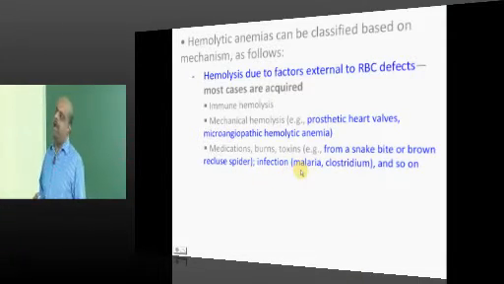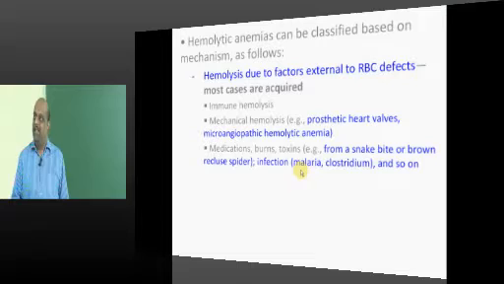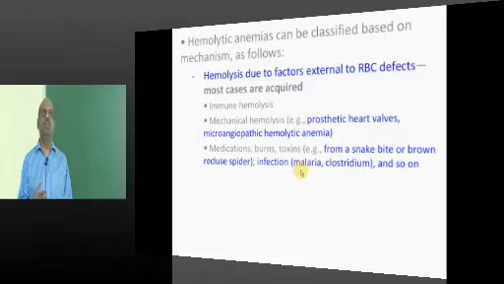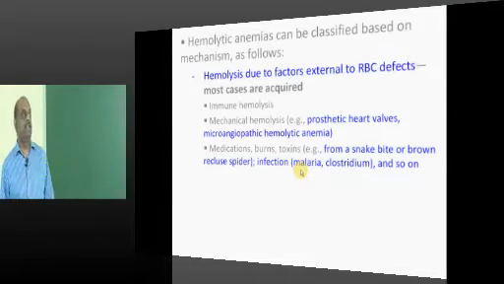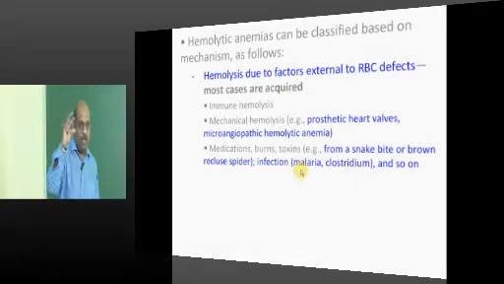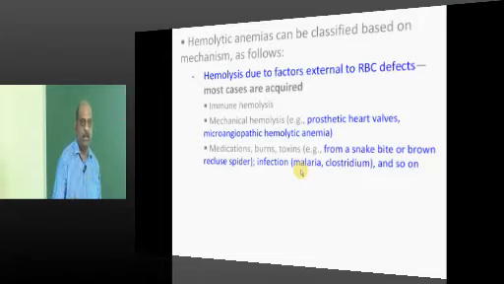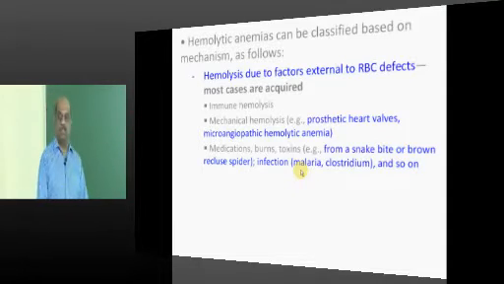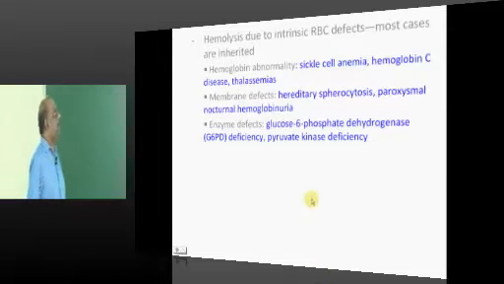3. If the person is having a prosthetic valve, aortic valve, mitral valve, etc., that will create some friction for the smooth going RBCs to get broken down. Similarly, there are certain entities which are called microangiopathic hemolytic anemia. There will be fibrin clots forming within the vessel. They offer resistance and friction to the ongoing RBC, which will make it break down. So that is microangiopathic hemolysis. And certain entities like snake bite, infections like malaria, clostridium can lead to the development of hemolysis, is what needs to be remembered.